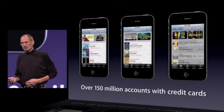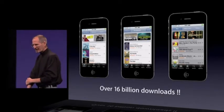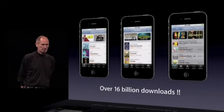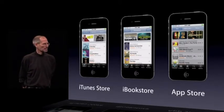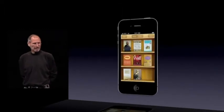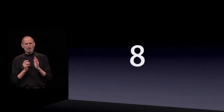And these stores have had over 16 billion downloads. Again, #1 on the web. So, the iBook Store joining the iTunes Store and the App Store, now on the iPhone. And that is #7. #8,